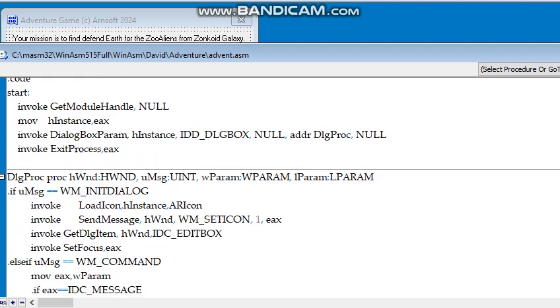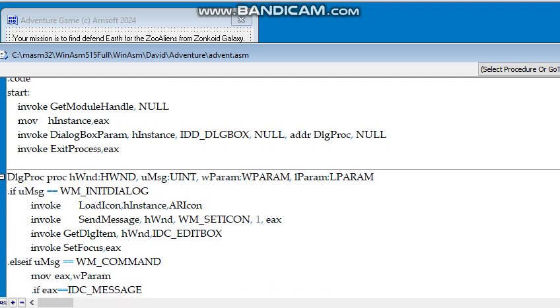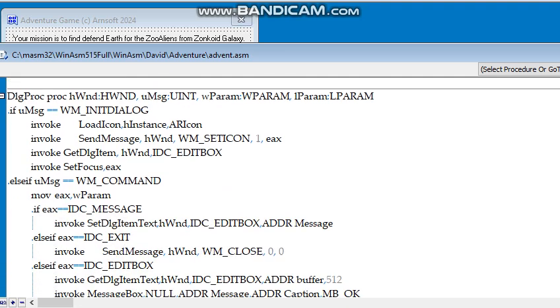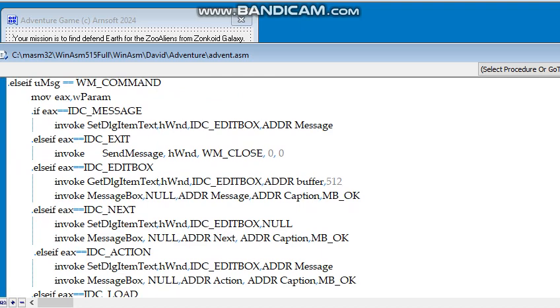Then you've got your code: get module handle, save the instance, invoke your dialog box param from the instance handle, address of the dialog procedure. Then you move into your dialog procedure where you're looking at the messages, Windows message, initialize dialog. So then you've got your commands, e.g. message,